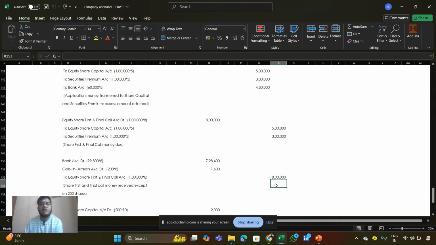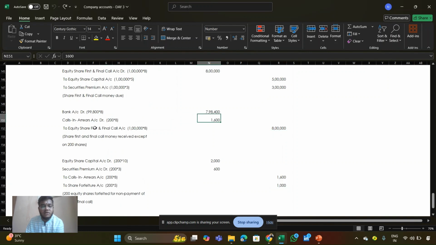Okay, so that's in calls in arrears. Calls in arrears means we need to receive the money, but we didn't receive it. Okay, we need to receive. It's a calls in arrears. So 200 into 8, whole amount is 1 lakh into 8, 8 lakh. Next,